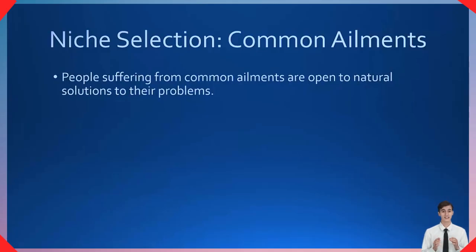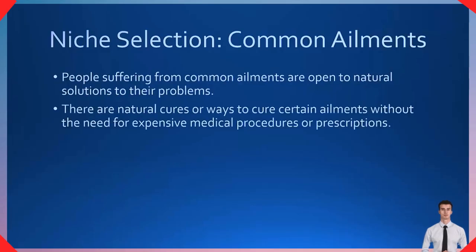Some people, they want to go to the doctors, and that's completely fine. And then there's a whole other subset of people that want natural solutions, or maybe the solutions at the doctor have not worked, but they're not willing to give up finding a solution to their pain or whatever the issue is. There are natural cures or ways to cure certain ailments without the need for expensive medical procedures or prescriptions. There are certain things where one of the only solutions in the medical world is surgery. Well, that costs people thousands of dollars. It may not be something people could afford, or they don't want to afford taking the time off work. They don't want to take the risk of surgery. And so if they could find a natural solution, they're going to spend $37 to $47 or more on a